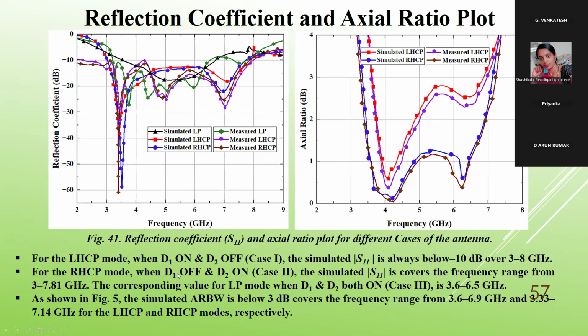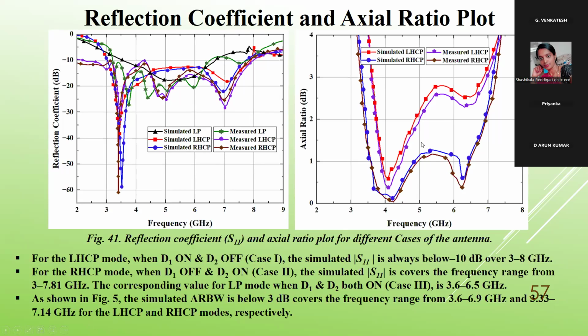Similarly for RSCP, D1 off, D2 on, it covers 3 to 7.81 GHz. And for the corresponding LP mode, that is linear polarization mode, D1 and D2 both on, so case 3, it covers 3.6 to 6.5 GHz. Accordingly, it has been shown for different polarization conditions, and axial ratio is also shown for